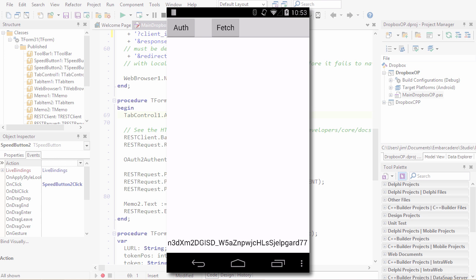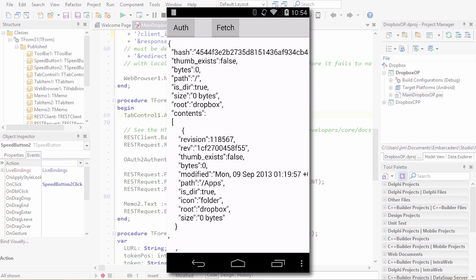Next time this app is run, when you run the auth again, it actually caches that information and it gets a new auth token each time. Okay, so you don't have to have the user log in each time, but you do run auth each time in order to get the token. Once you have the token, that token's used in the fetch request here